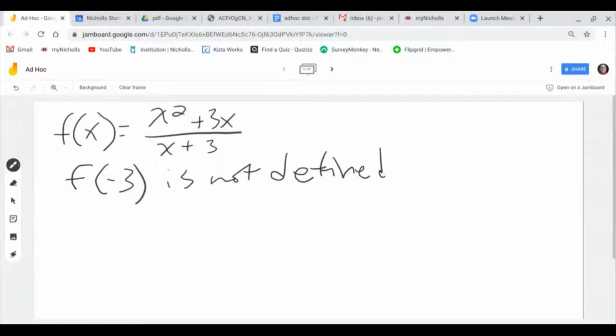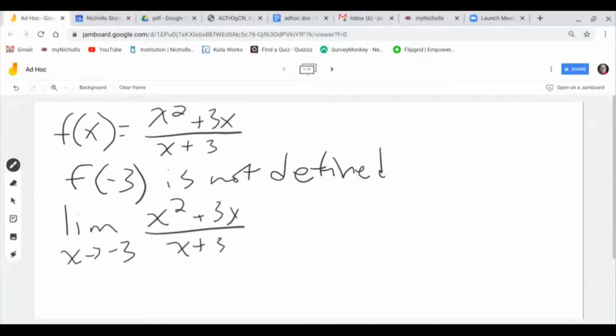So we're done. Now what we need to do is look at the limit. Can we determine what the limit is as x approaches -3 of (x squared plus 3x) over (x plus 3)? Well, we need to use the stuff that we learned in the last chapter in order to see if we can evaluate this limit. Now, we can't just plug it in. It's a rational function, but if we plug in a -3, that denominator is going to be 0. Can't do that. So what we're going to do is see if we can come up with an equivalent function, right? So if we try to factor that numerator,